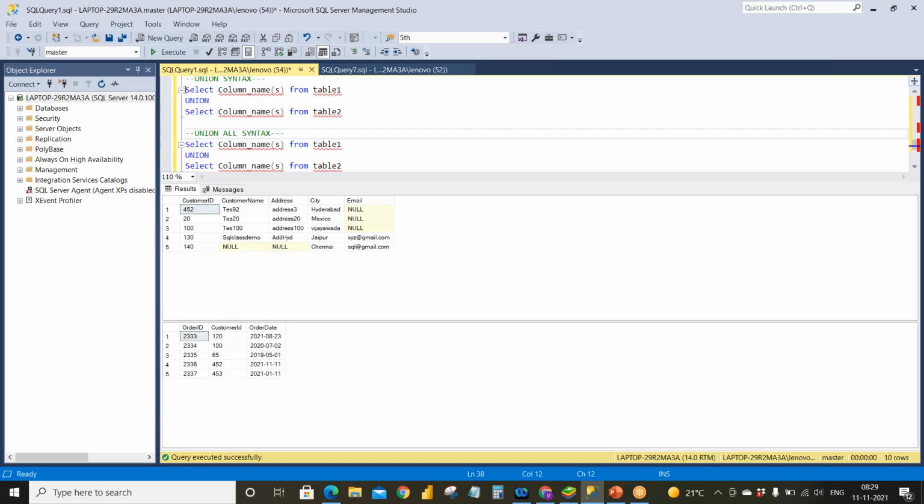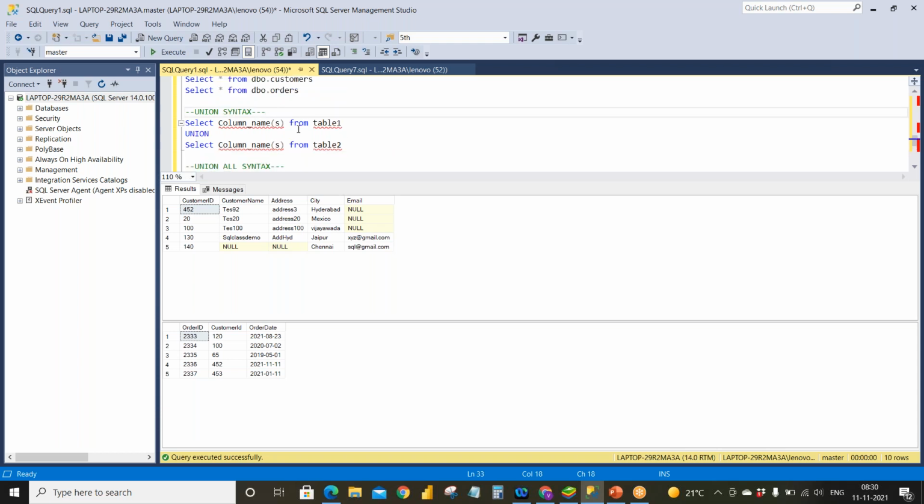Union all is similar. So I want to tell where we use union and where we use union all. Union we use to select only the distinct values.